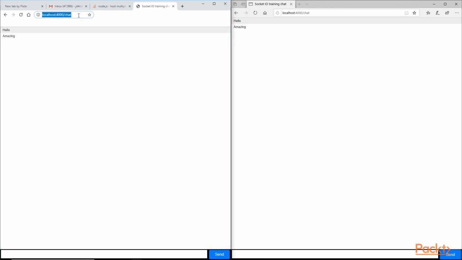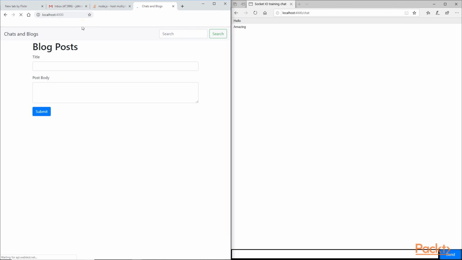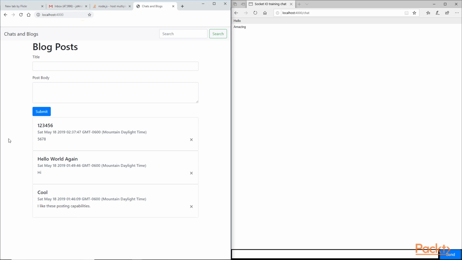If we were to go back here into the blog, you would also see that our blog is working and it's bringing back previous blog entries. So our blog is working on the regular index, and then we can go to chat and chat between it and back to the other one. So we've got everything working now, and we kind of already got a little bit of a concept of